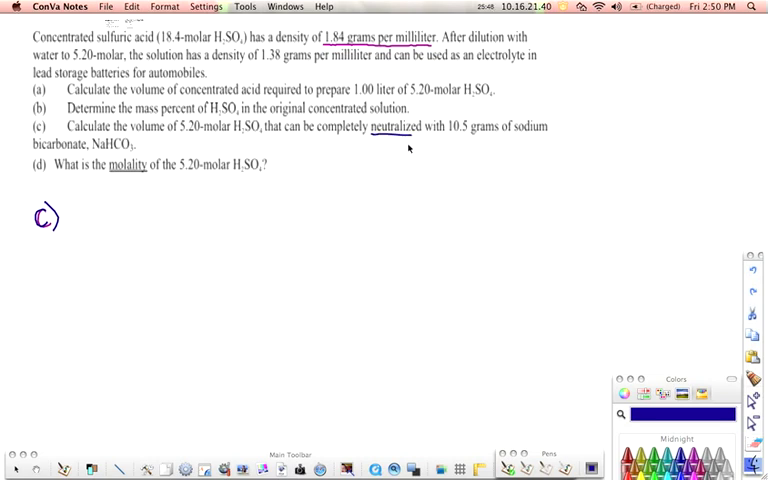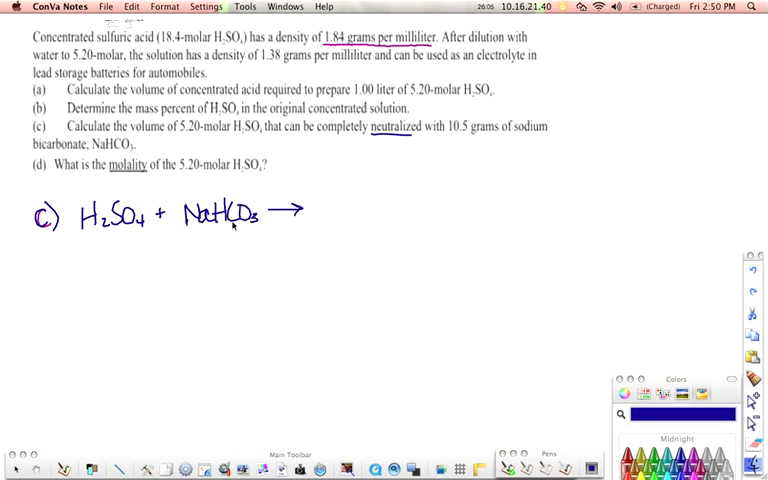Well, if we're neutralizing something, then that tells me that I'm going to need an equation. So my H2SO4 is going to react with sodium bicarbonate. And look at that, they're nice enough to give us the formula. NaHCO3. And we are going to produce